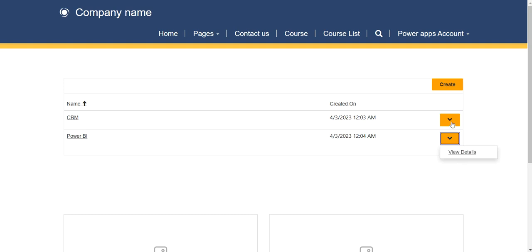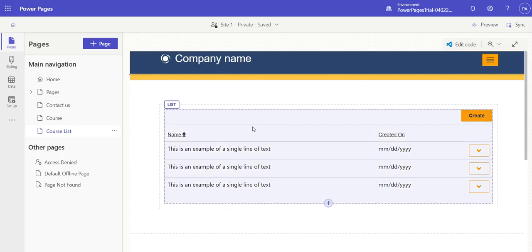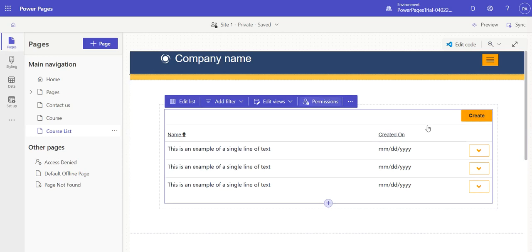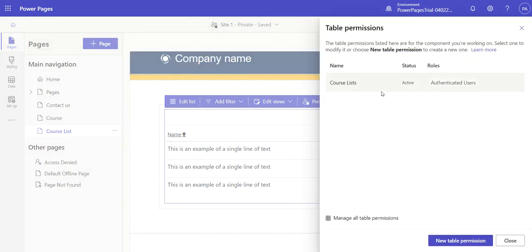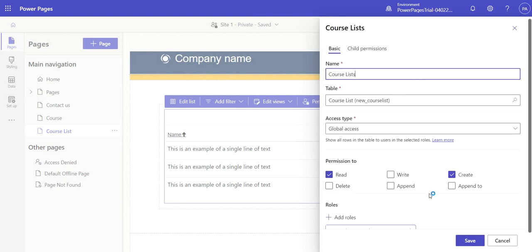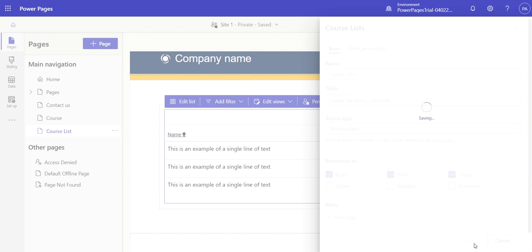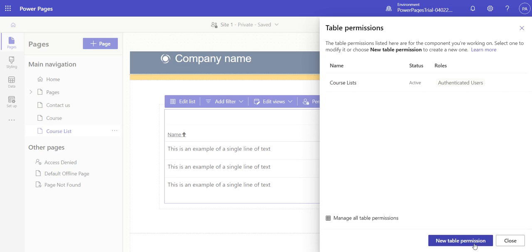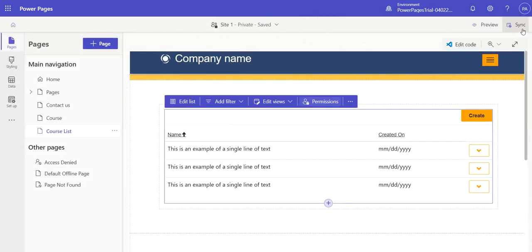Okay, why is it not coming here? If we go here, we have a table permission, but if you open the table permission, we have not given the right. Because this is the edit, we have to give the privilege to edit. So now I'm saving. So I have saved. Now if you sync now,